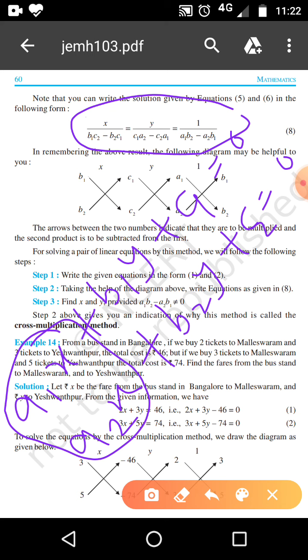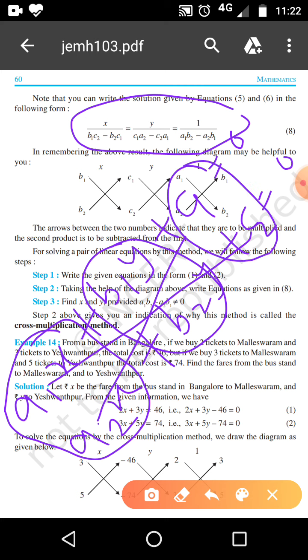In the next one, y upon, you close this one, and y upon c1 a2 minus c2 a1, and then you close c1 c2, and 1 upon a1 b2 minus a2 b1. So you will get this result, and afterward you equate x upon this is equal to 1 upon this, then